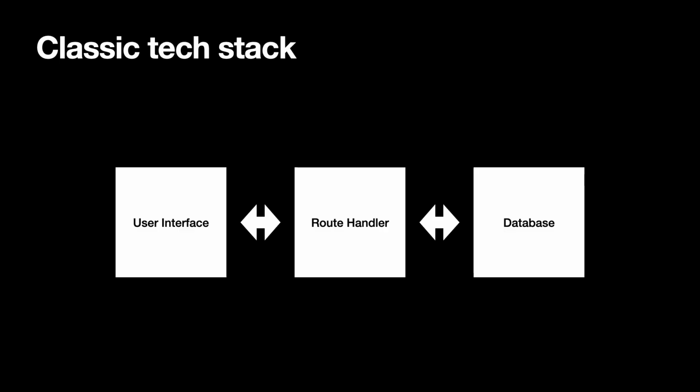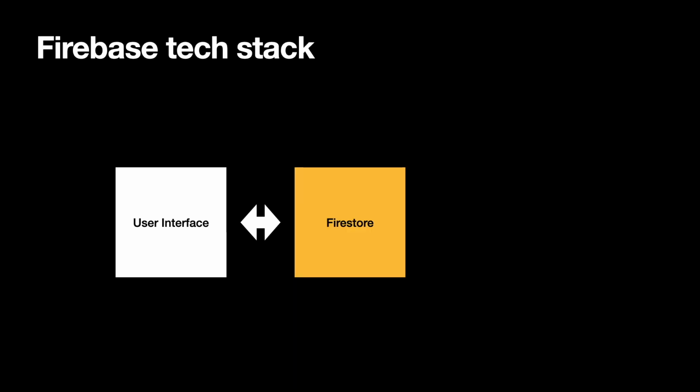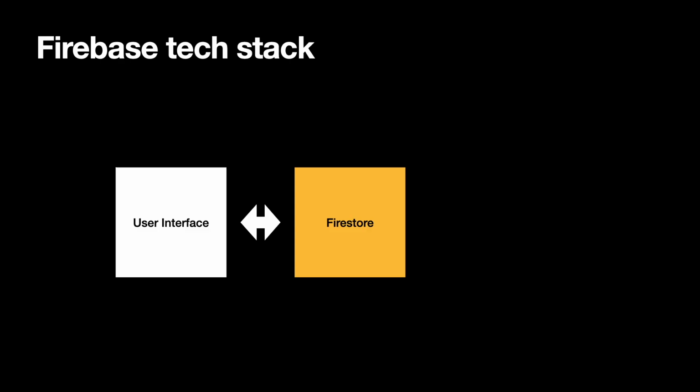And now let's look at how this is different with Firebase. So Firebase has a flagship database called Firestore. And Firestore is essentially a generic route handler. Gone are the days where you have to write your own route handlers and write these big long node files of just the same code over and over. Firestore is the ultimate generic route handler and database rolled into one. Yes, they still have those components under the hood, but we pretty much use the service as if it was